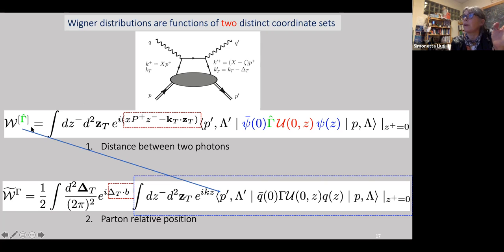And so you see that for a generic operator gamma, we can write it this way in between the 2 quark fields, and you see that the quark fields for a Wigner distribution depend on Z- and ZT, and also KT and K plus, which is XP plus, is conjugate to Z-, and this in red is the first set of variables. The other set of variables, momentum and coordinate variables, the other space, is the space in which delta T, this difference between the initial and final quark and proton momentum, and BT vary, where BT is just the conjugate to delta T, and